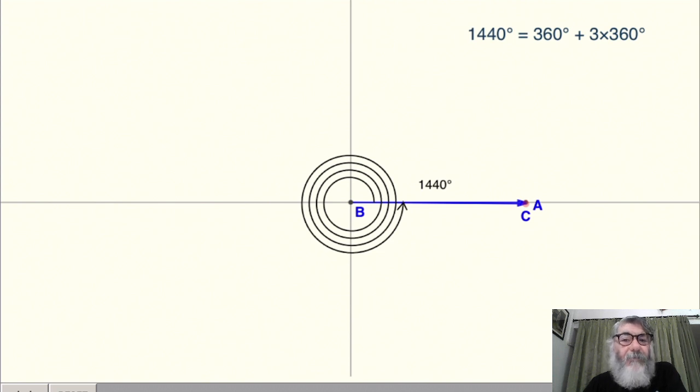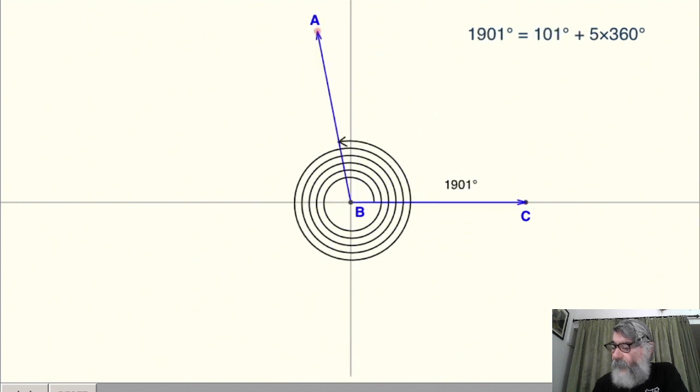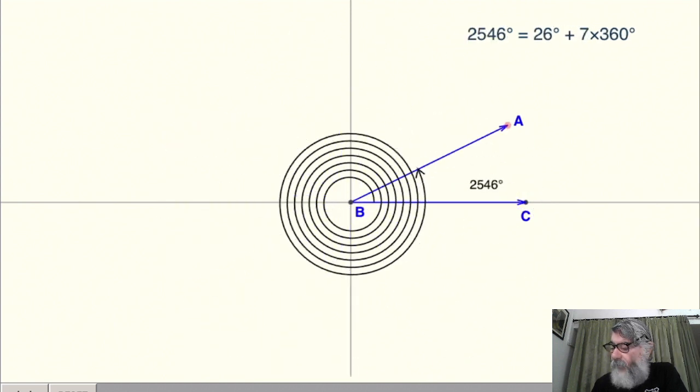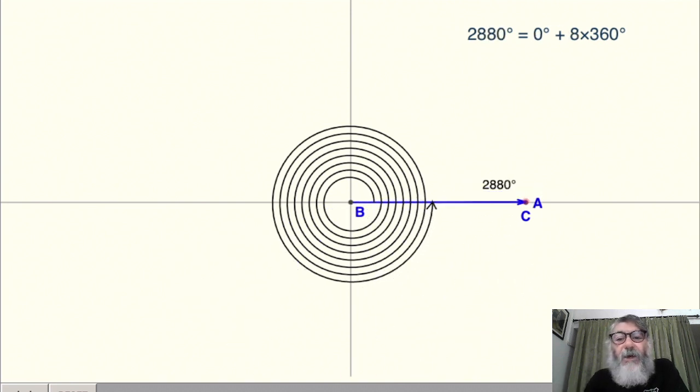1440, if it is divided by 180: 18 eights will be 144, 8 eights are 64. Yes. So 180 into 8, or 8 pi. So you can take as many rounds. Let me just revolve it. Can you see how many rounds I have taken? I've taken 8 rounds. Suppose I come back exactly on this value, 2880. It will be an even multiple of pi.